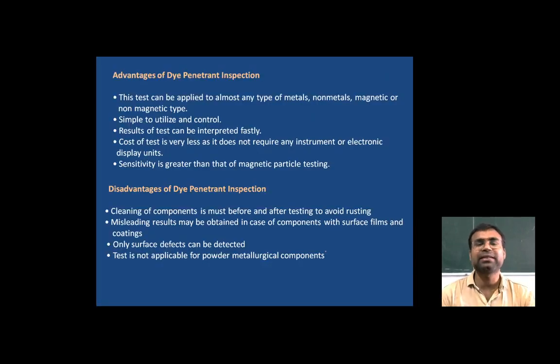So what are the advantages and disadvantages of dye penetration inspection? This test can be applied to almost any type of metal or non-metal, magnetic or non-magnetic material. It is simple to use and control, and the cost of the test is very low, as it does not require any instrument or electronic display unit. It only needs liquids for cleaning, for applying the dye, and for developing the crack with the help of the penetrant.